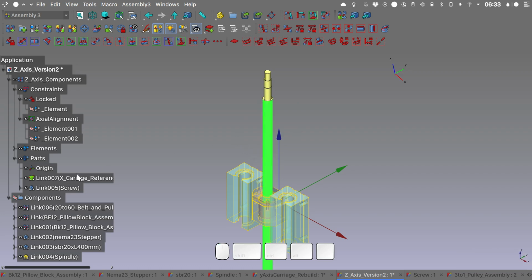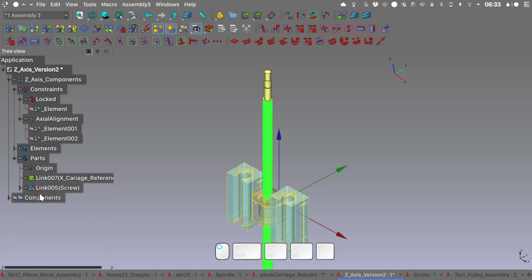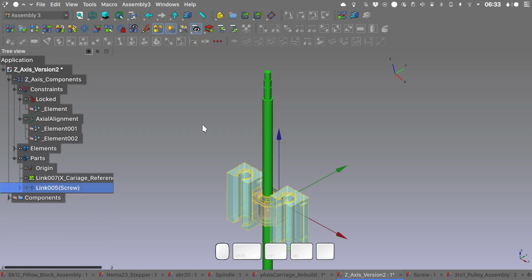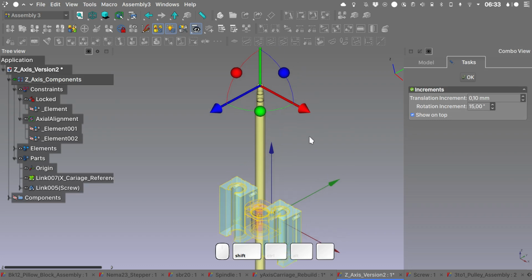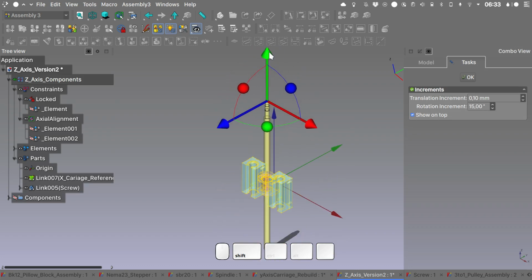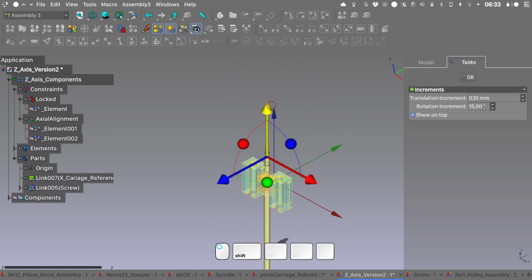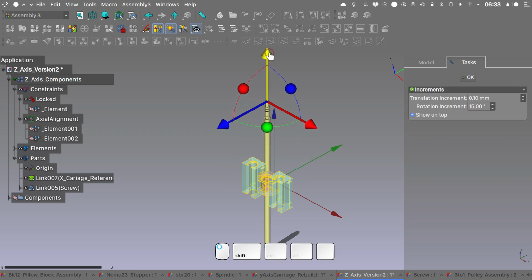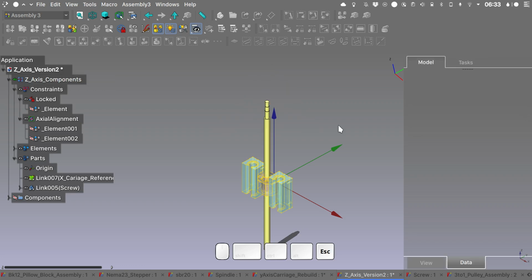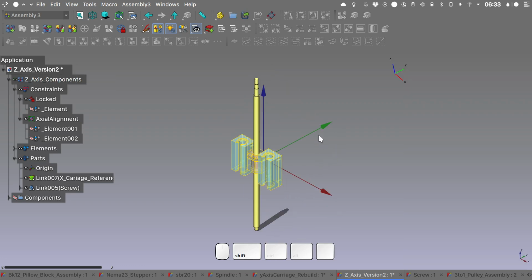If, for example, I select inside my assembly the link screw, and by pressing AA on the keyboard to bring up the mover tool, we can see that we have a linear movement degree of freedom and also a rotational degree of freedom. Ctrl Z to undo our movement, escape to dismiss the tool, and let's go ahead with our